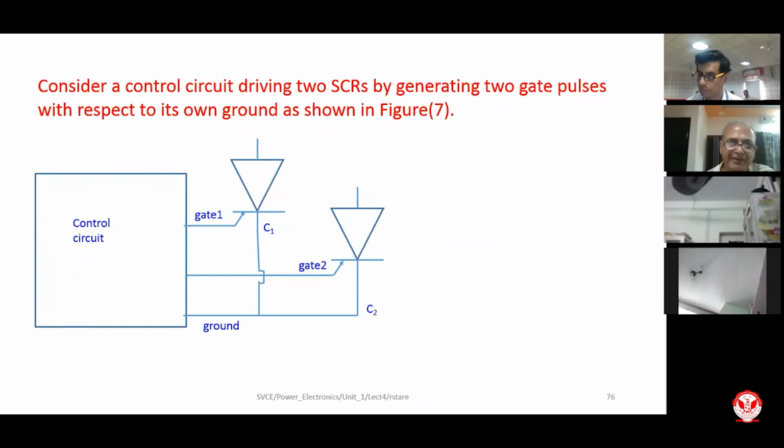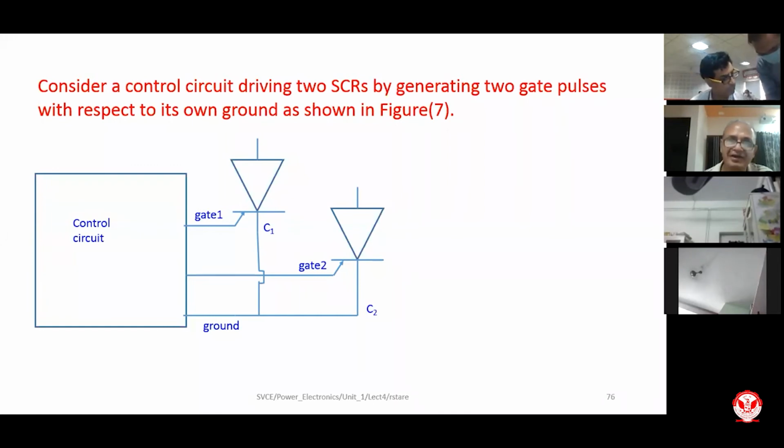It is not necessary that in my power circuit, these two SCRs are connected such that their cathodes are at the same potential forcefully. Like say in a bridge circuit, one can understand these two cathodes are at different potential when the